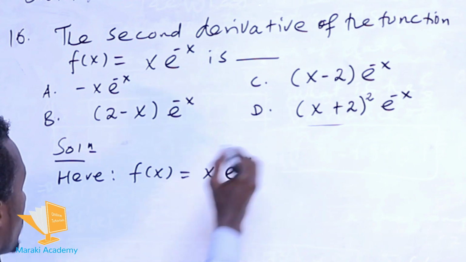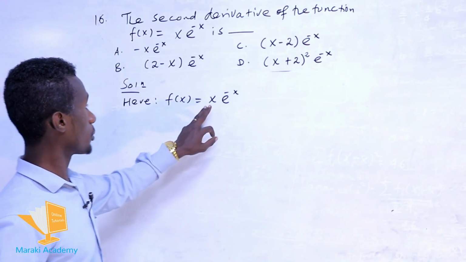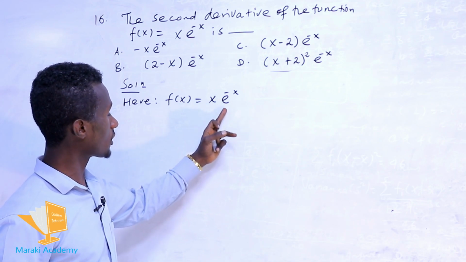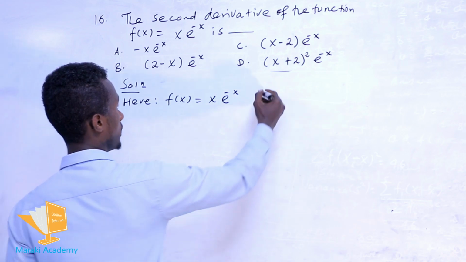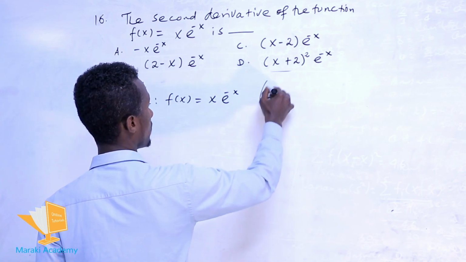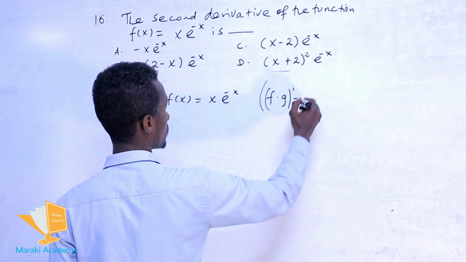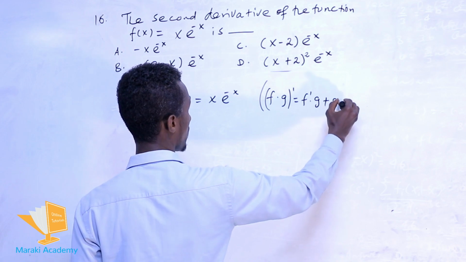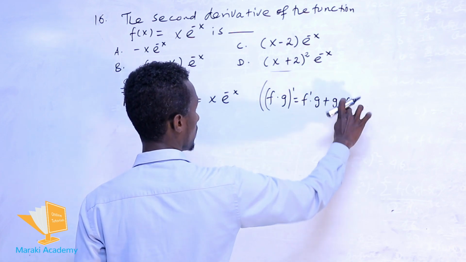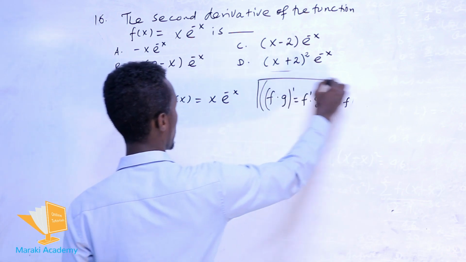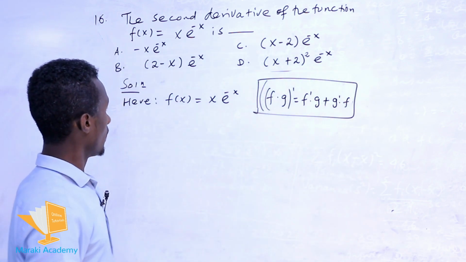times e raised of minus of x. A function the product of two function ነው። አንደኛው function x ነው፣ ሁለተኛው function ደግሞ e raised of minus x ነው። ስለዚህ to find the derivative of the product of two function we use this rule, f derivative times g plus g first derivative times f ነው። ይህን ሩል ነው አፕላይ የምናደርገው ለዚህኛው ፋንክሽን።